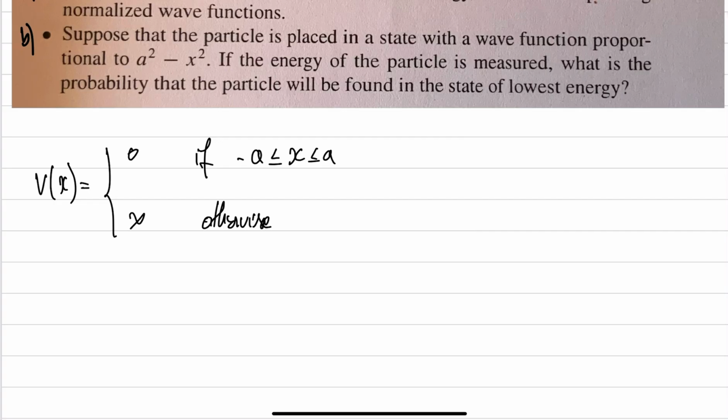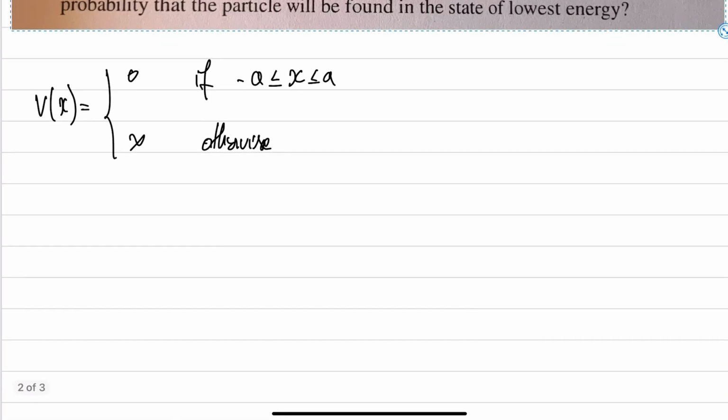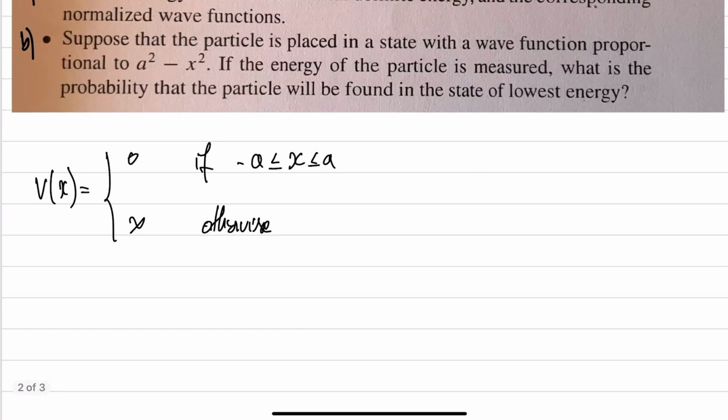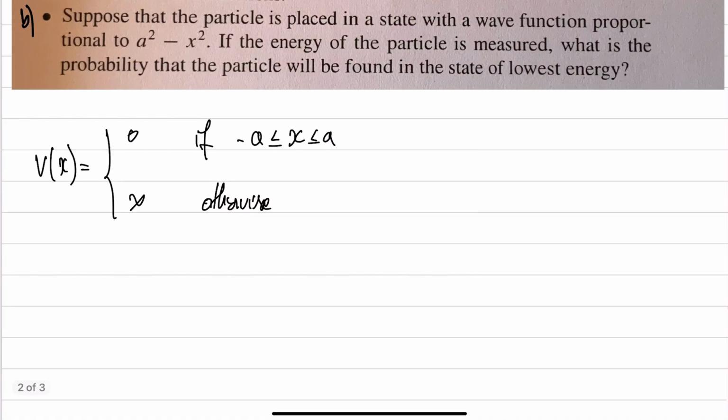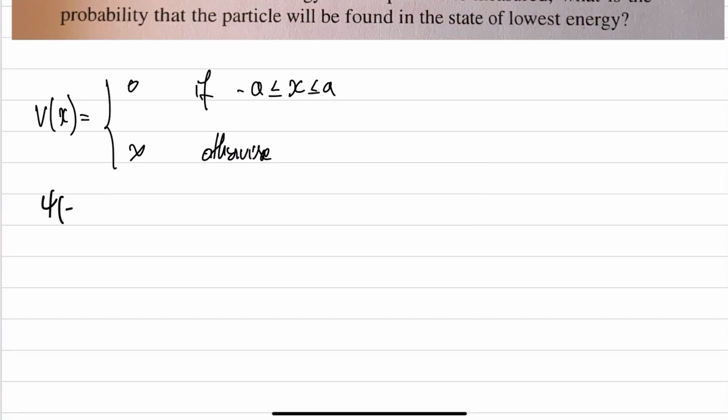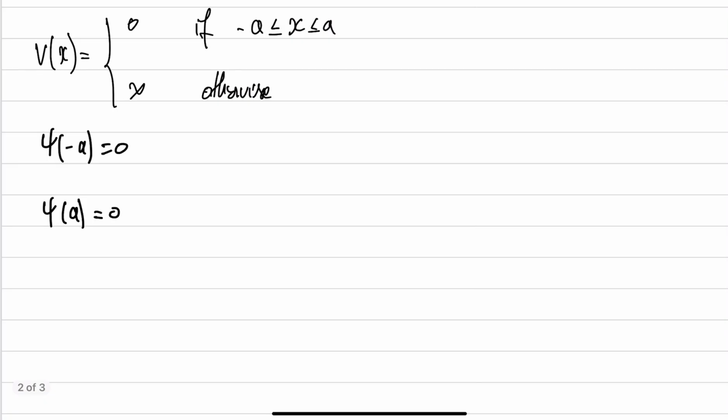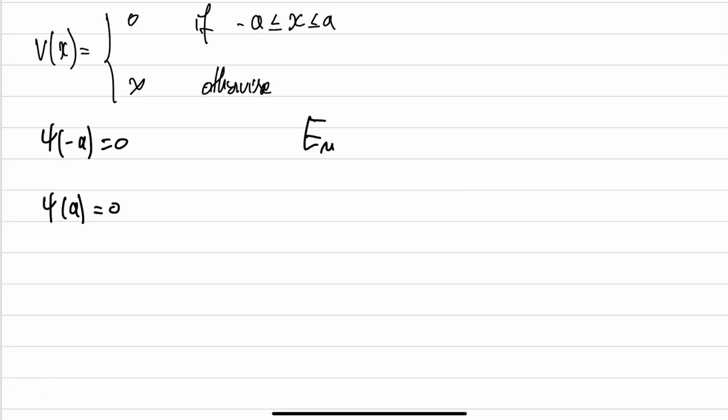Now, we also have boundary conditions. The function becomes infinity at x equals minus a and plus a. So the wave function must vanish at x equals plus a and minus a, and that is psi of minus a is 0 and psi of a is 0. So the question is to find energy values and